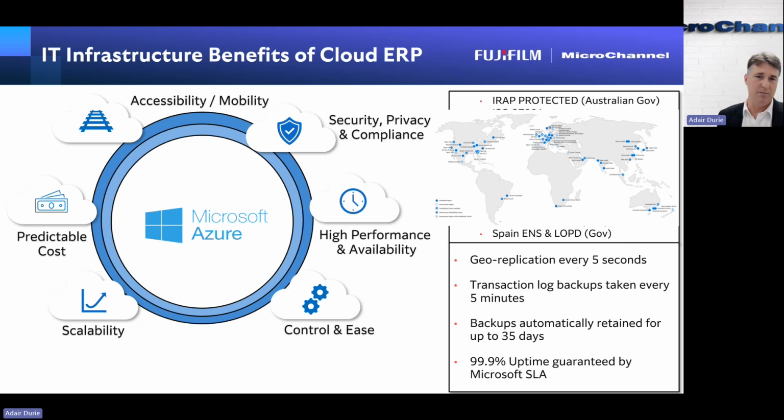Firstly, just around scalability. If your organization grows massively, you don't have any IT infrastructure concerns there, the cloud is elastic, and that's the way that cloud infrastructure has been made. Costs are predictable. If your organization grows, you should know as an organization what the costs are going to be as your organization grows. And also, if areas of business close down, you're going to reduce the number of users. Again, that cost predictability for the future should be very easy to understand from an accounting perspective.